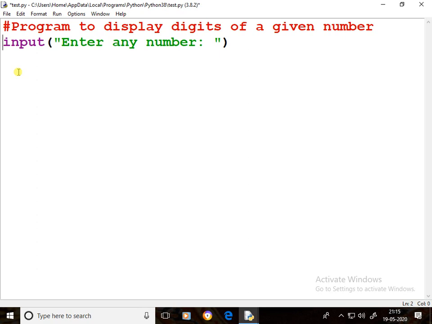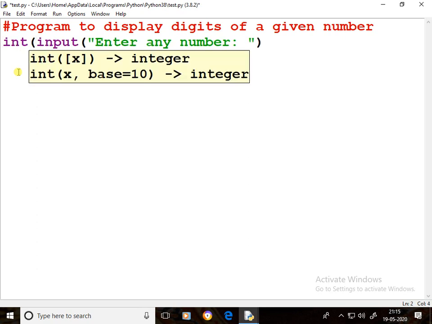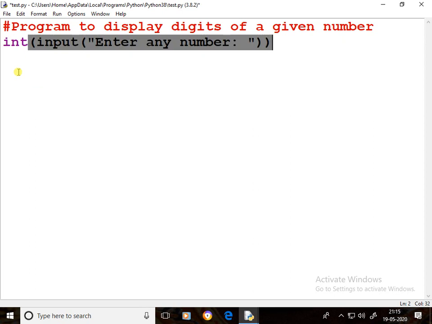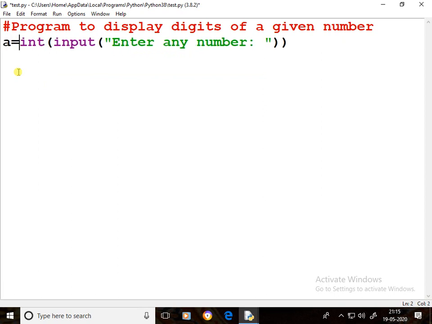After receiving, we have to convert it into integer format. For that, we use the int function in Python, and we store it in one variable, for example a. The digits of a we have to print.